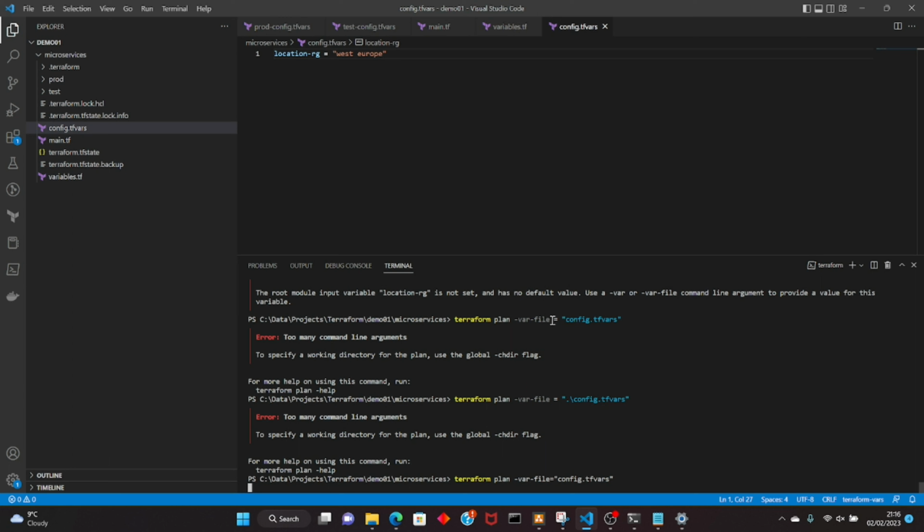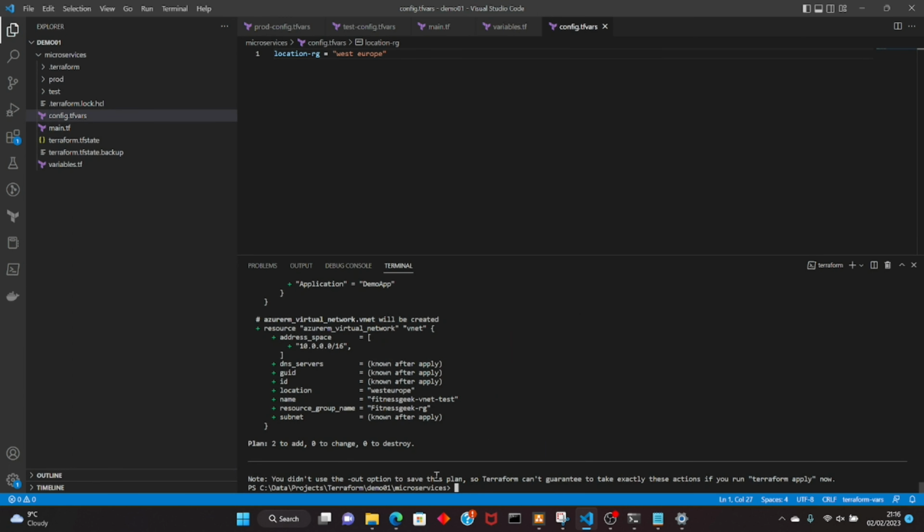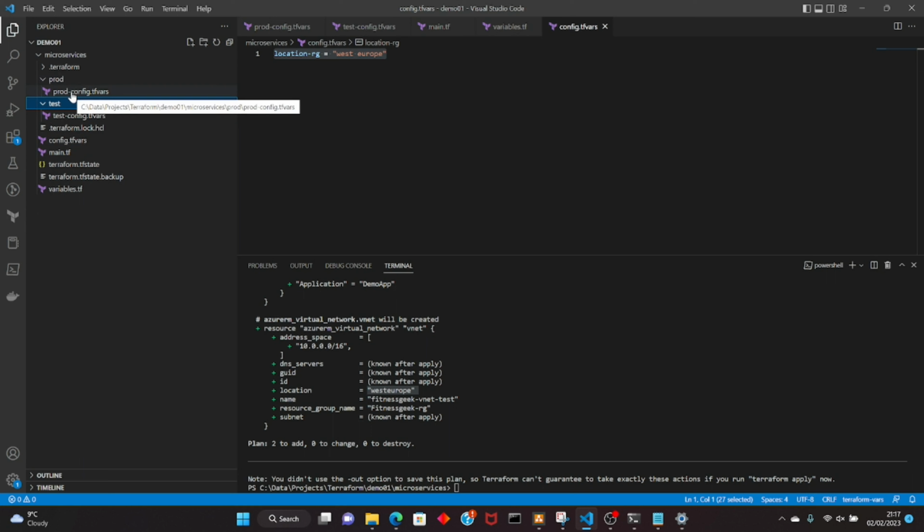So now we are doing a Terraform plan with the var file, and if you see, it has fetched West Europe from our tfvar file, and that's exactly what we wanted. So when you want to run the configuration against different environments, you have different folders having different config files as tfvar files, and these will get passed for your particular environments. So that's how you manage Terraform,